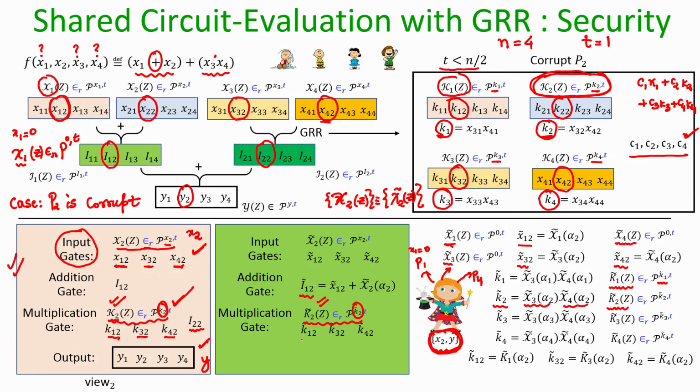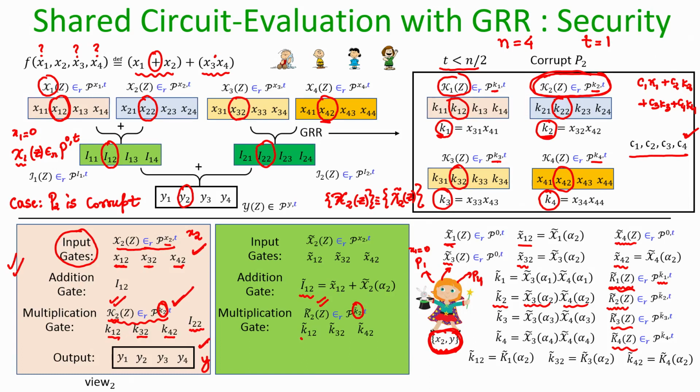And for the other parties, namely for k1, k3 and k4, for which P2 would have received some shares, the simulator is just going to write down the corresponding shares as per the simulated k1 polynomial, simulated k3 polynomial and simulated k4 polynomial. And again, it is easy to see that the probability distribution of the simulated k shares which the simulator is reproducing here is identical to the real k shares which P2 would have received in the MPC protocol.